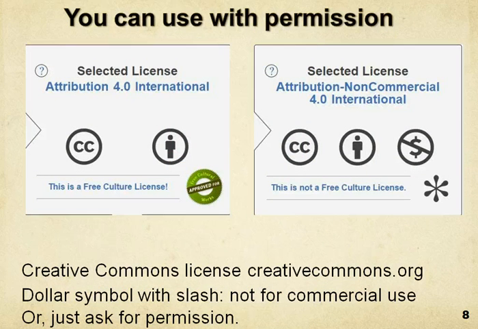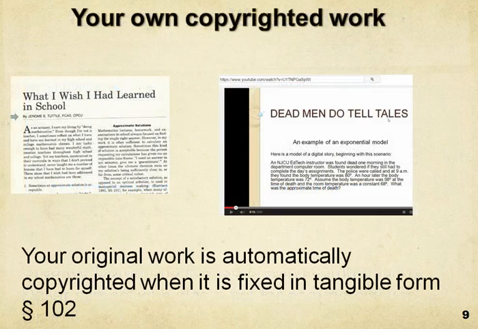Many authors are happy to give permission to use their work. Creative Commons is a place to search. In for-profit, just stay away from the dollar symbol with a slash going through it. Everyone can always use their own work, which is automatically copyrighted as soon as it is fixed in tangible form. This includes digital work. Here are 2 examples of my copyrighted work: an article I wrote and a project I